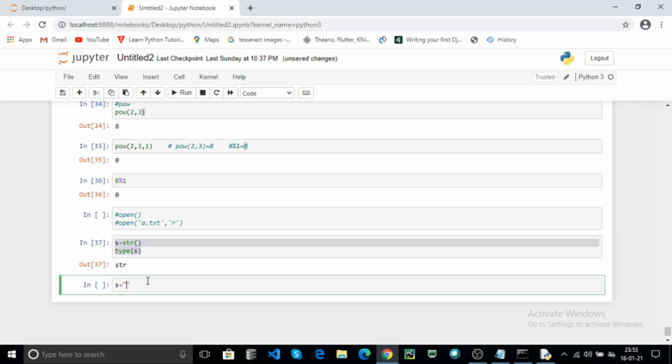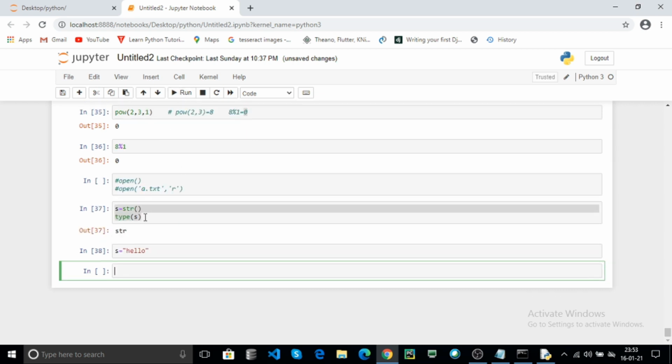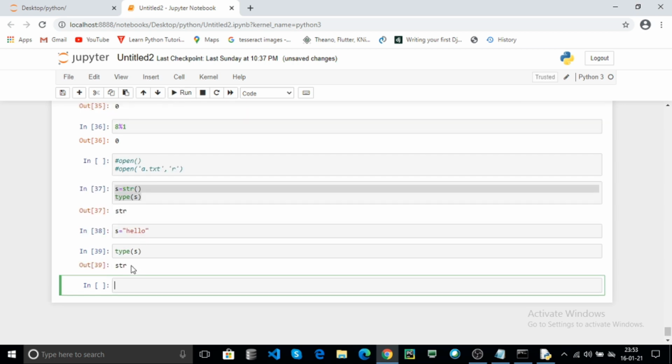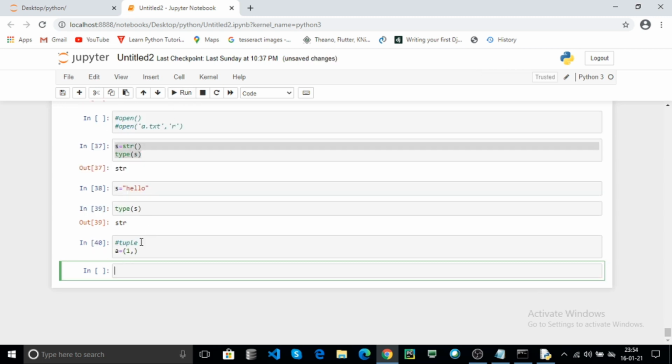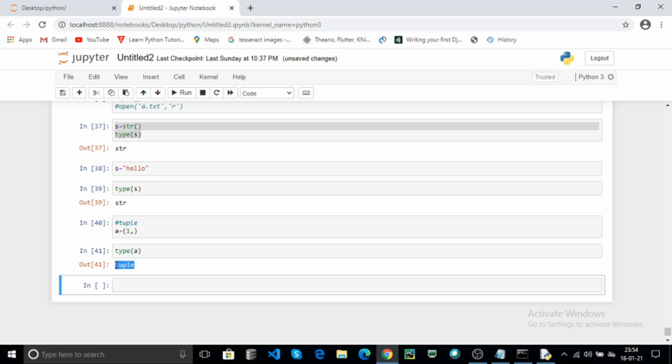For example, s is hello. This is the string. Click on type of s, it is a str. And use the tuple. For example, this is the tuple creation. Click on run. You can use the type of a, it returns a tuple.